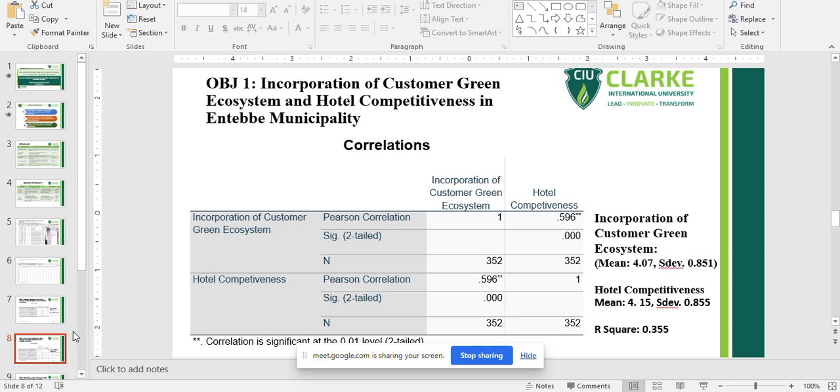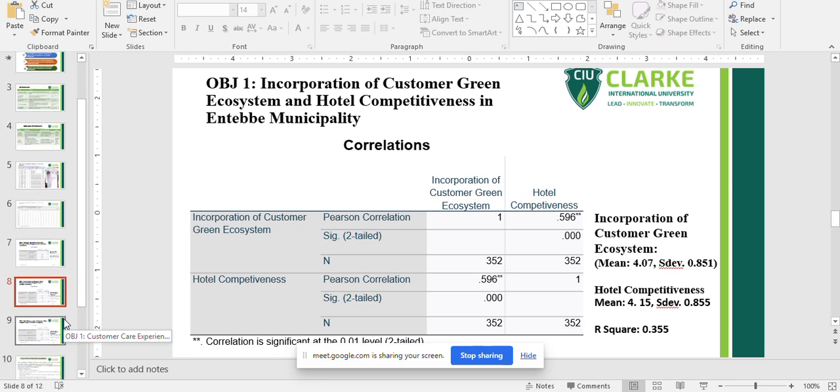So in relation with the previous objective, we see that customer care experience showed